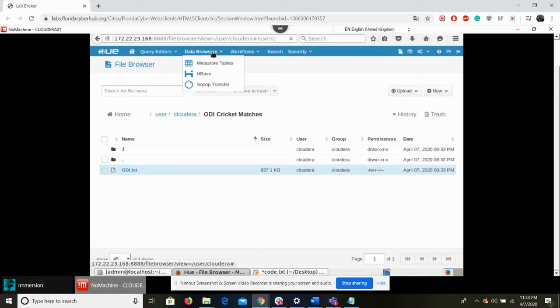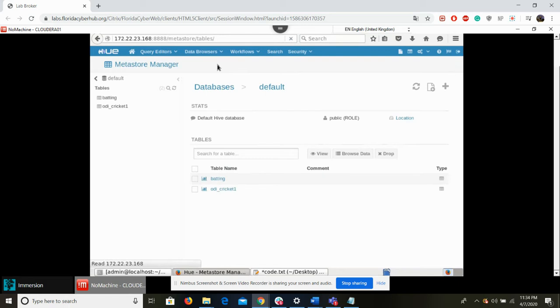Now I'm going to click on Data Browser's Metastore Tables. Metastore is a repository for tables and partitions in a relational database. When you create a table, the table definition, that is the columns, data types, and comments, are automatically stored in the Metastore. So now I'm going to create a table